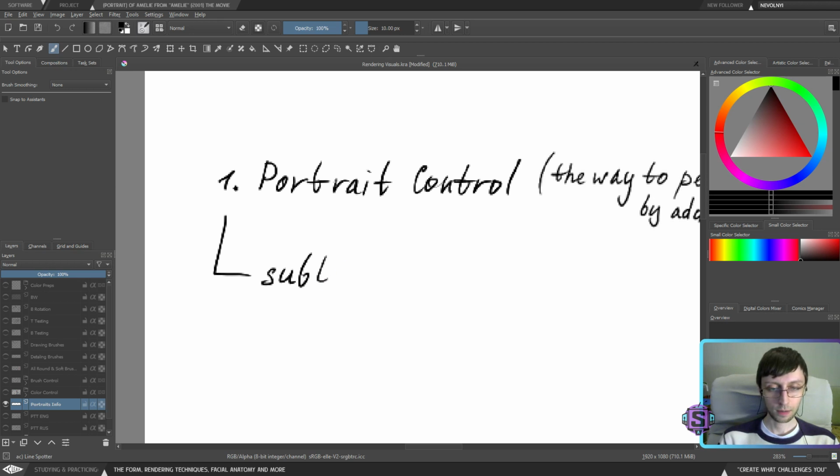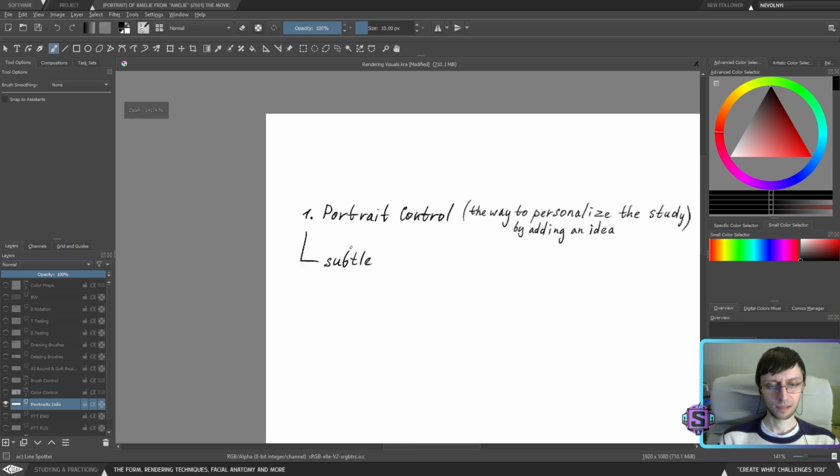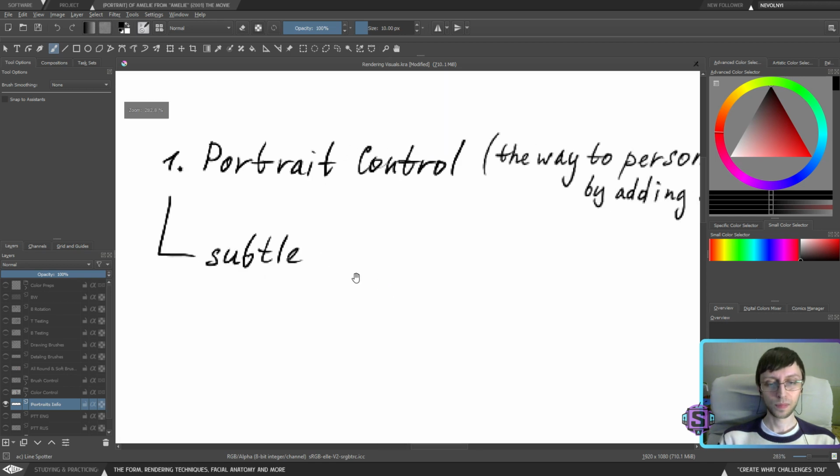Remember that we are working only with the head, with the neck, and partially shoulders. There's not that many elements to control.